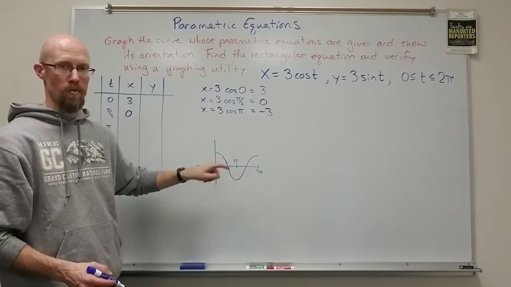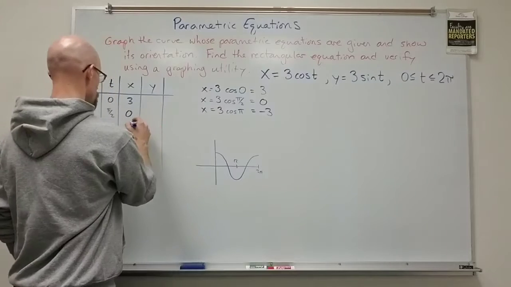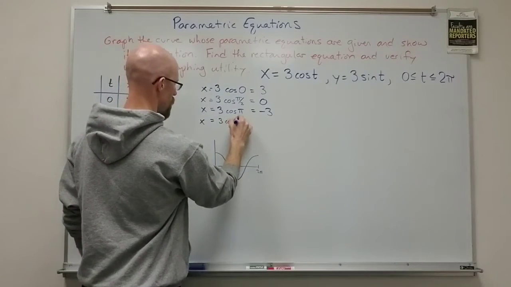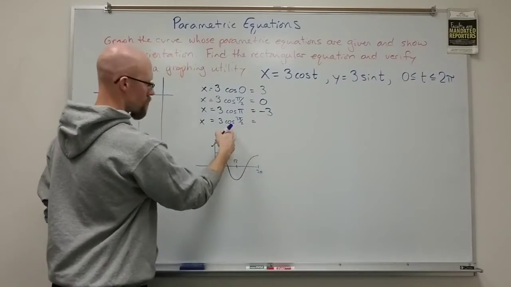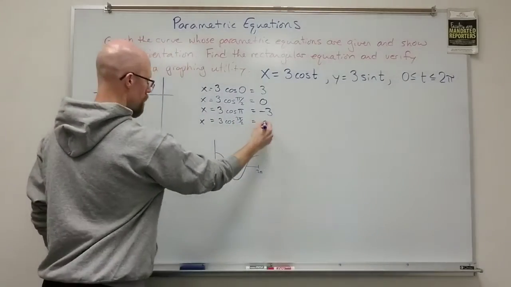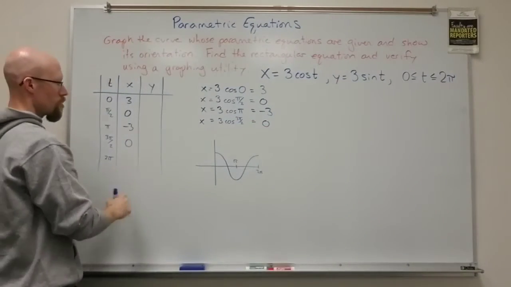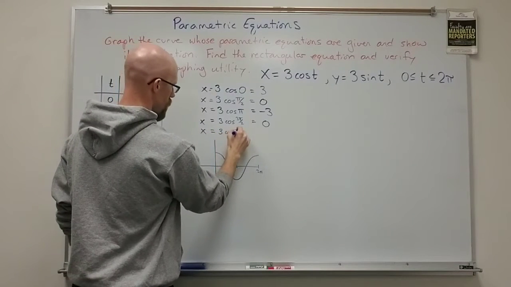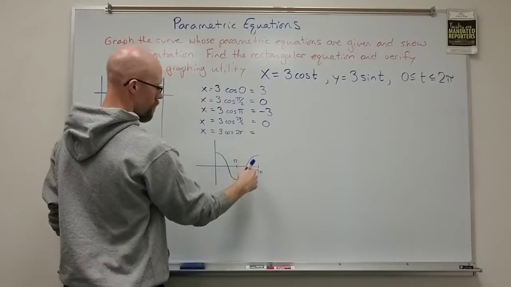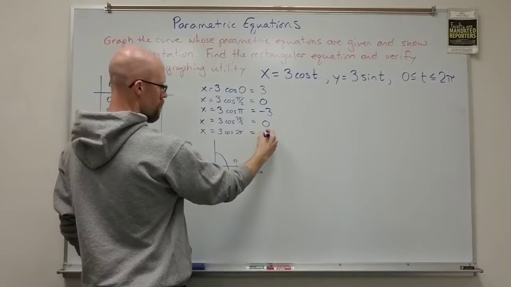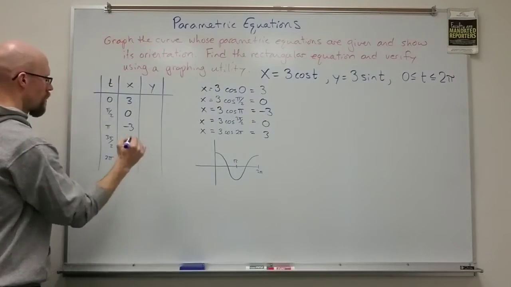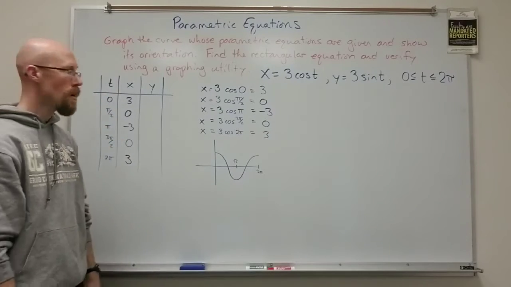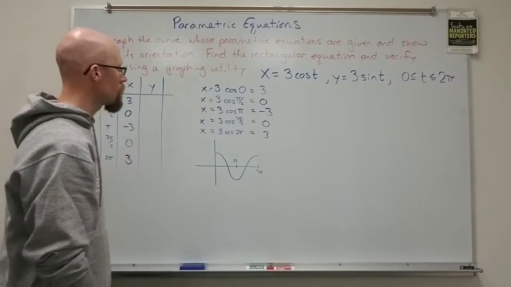And it comes back up to 3 pi over 2. 3 cosine 3 pi over 2. Well, the cosine of 3 pi over 2 is 0 again. And then 2 pi, 3 cosine of 2 pi. Well, 2 pi is up at 1, so 1 times 3 is 3. All right, so I've got that pattern, 3, 0, -3, 0, 3. Then the y values,